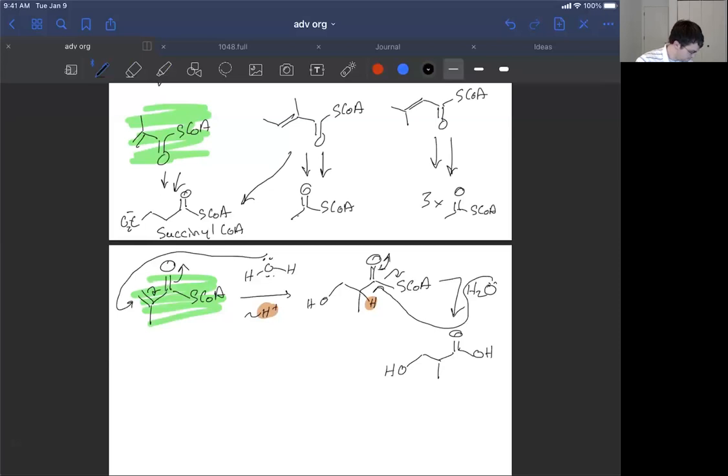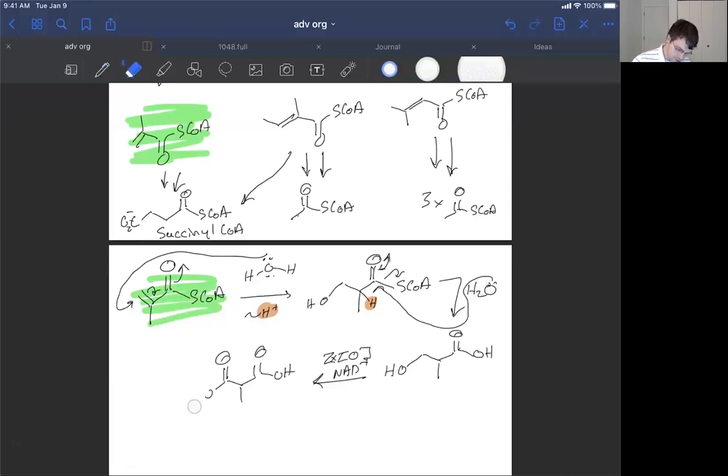Okay. This species will undergo an oxidation reaction twice. So 2 oxidation reactions. That's going to require 2 NAD pluses to give us this methylmalonic acid. And the methylmalonic acid, I'm going to draw this hydrogen explicitly, will rapidly undergo